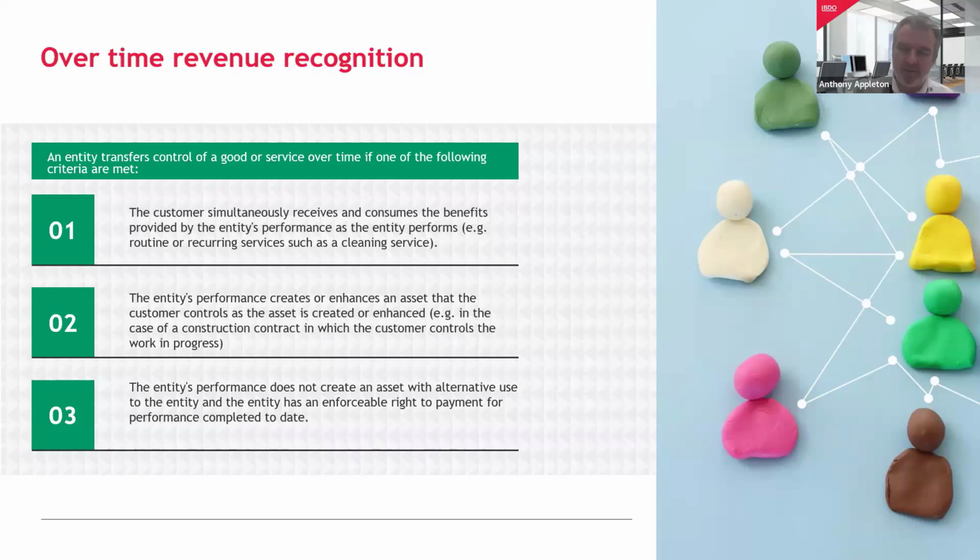The third example is a little bit more nuanced, and this is where the work you do doesn't create anything of use to you. It's not creating an asset that you can use in some other situation, but you do have the enforceable right to demand payment for the work to date. This is often applied in professional services businesses like our own in audit. Moving on to the next slide, in this example,